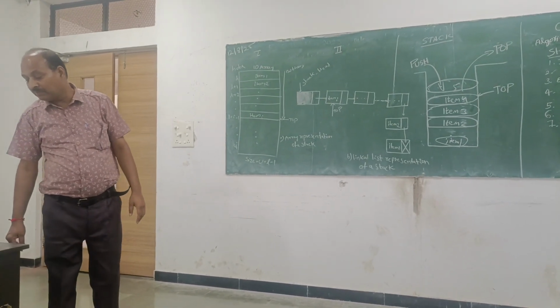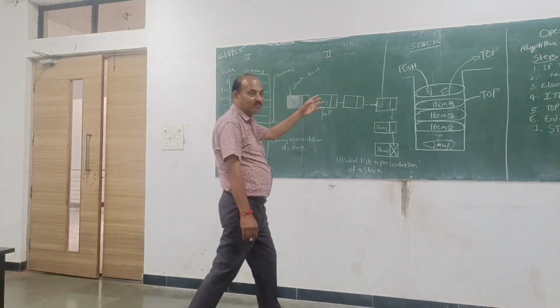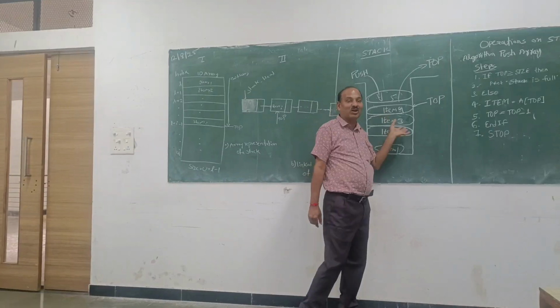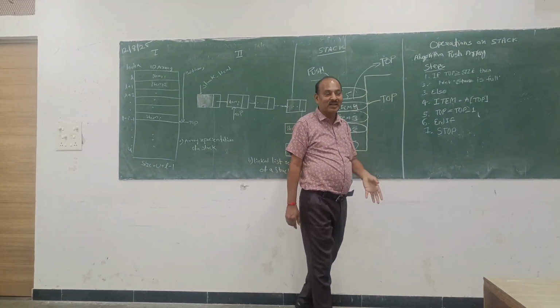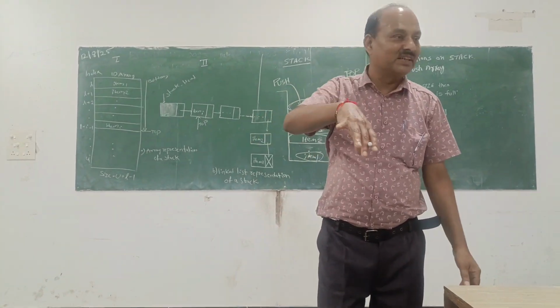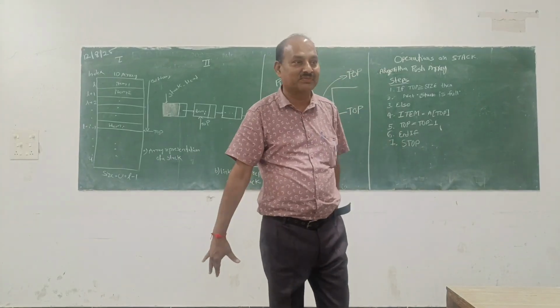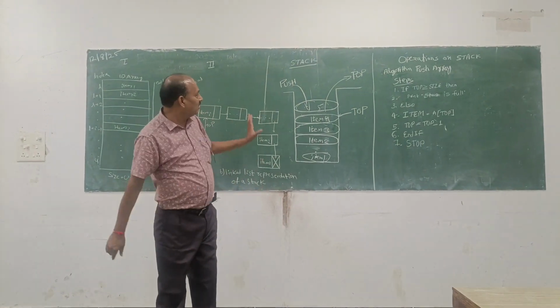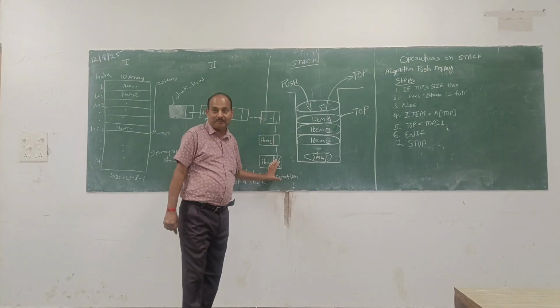And there is a maximum number of elements that can be entered in a box. This is called the size of the box. Say it is a 5 kg box, so you enter only 5 kg of elements, not more. So this is the size. Now this is what a stack is.